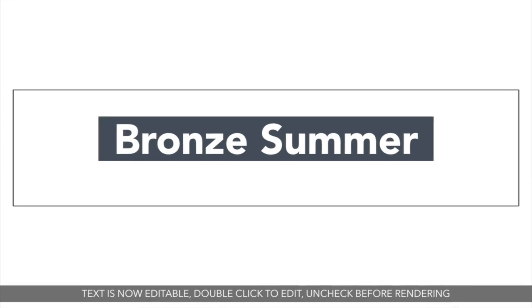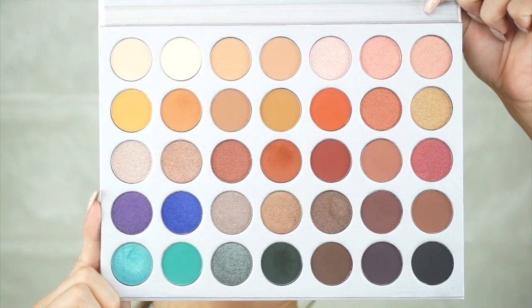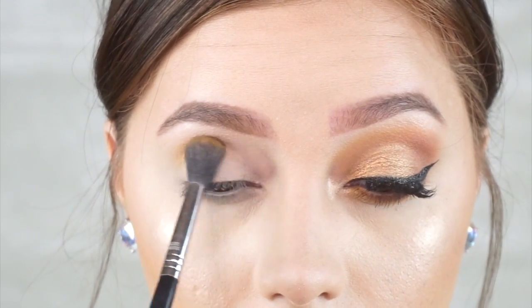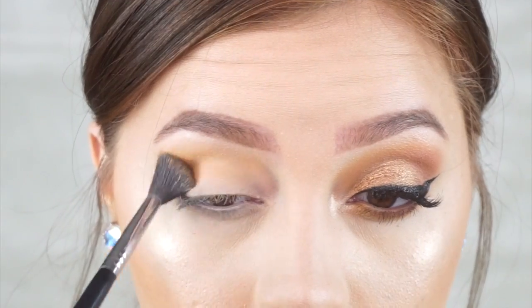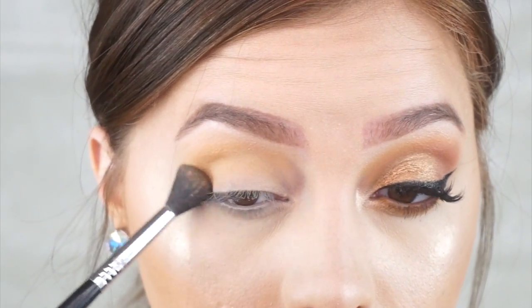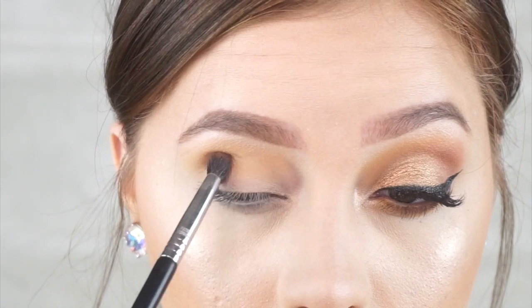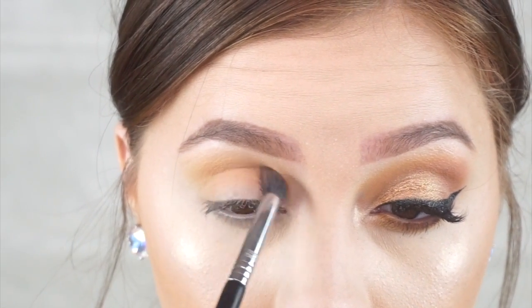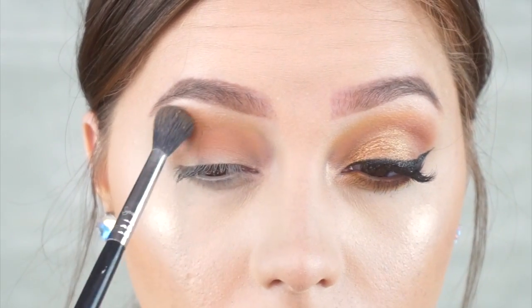So now for look number 2, we're going to go for a bronzy summer look, and to begin I'm taking this color called Creamsicle. It's a very yellowy kind of color, and I'm using that to apply as my transition shade. For this next shade, I'm taking this color right here. It's called Pooter, and that's such a funny name. I'm going to go ahead and apply that to the crease and the outer corner of my eye, and then